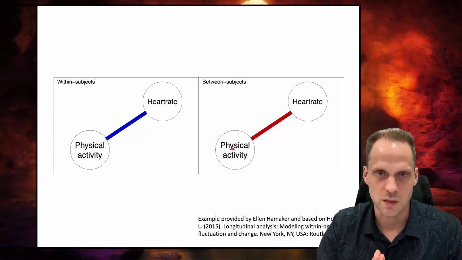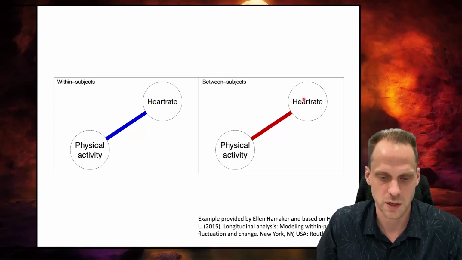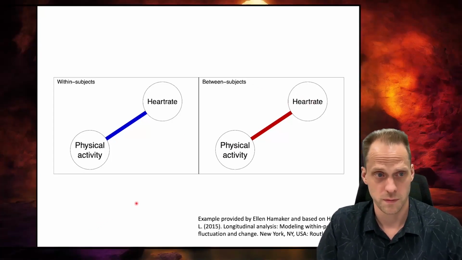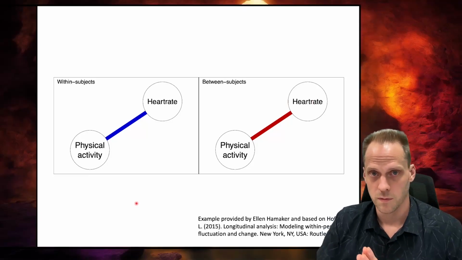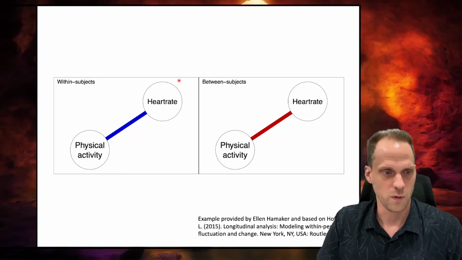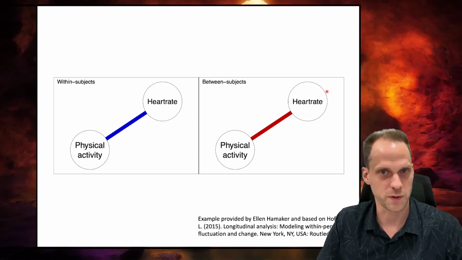This means that a person that on average is very physically active, on average has a low heart rate. This also makes sense, because people that are very active and run all the time tend to have much better heart rhythm. Right? Now, if you're a medical doctor and someone comes to you and you are concerned about their heart rate, what would you do? Let's say we take his data. We wouldn't say, okay, let's only look at the within-subject level.